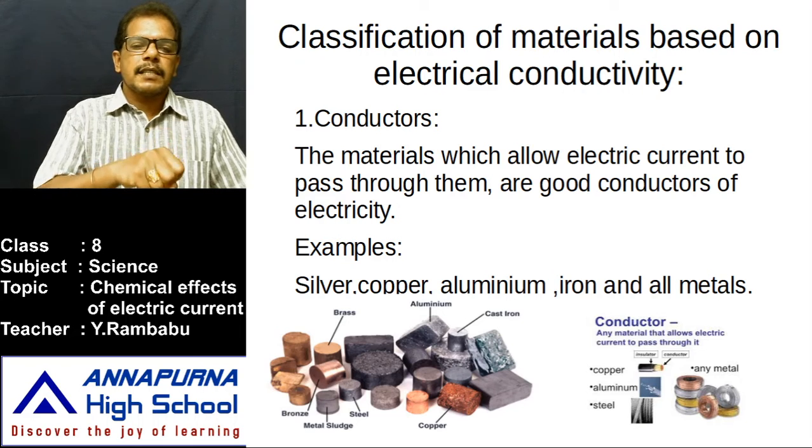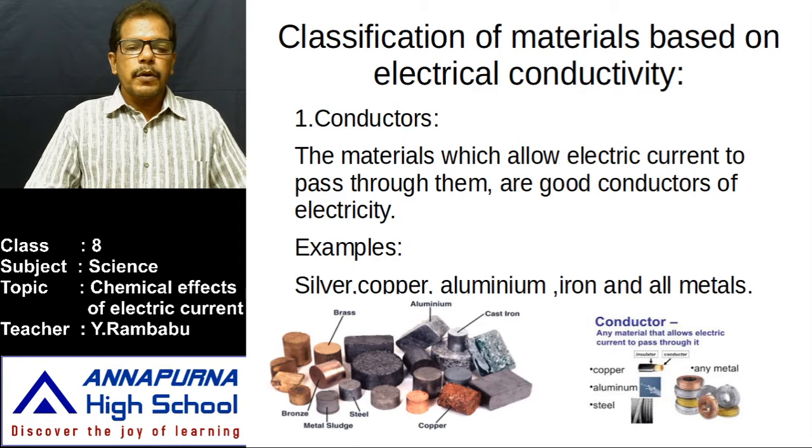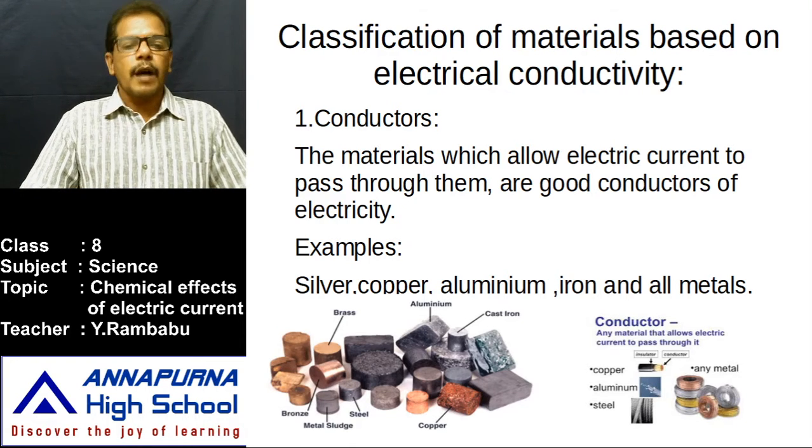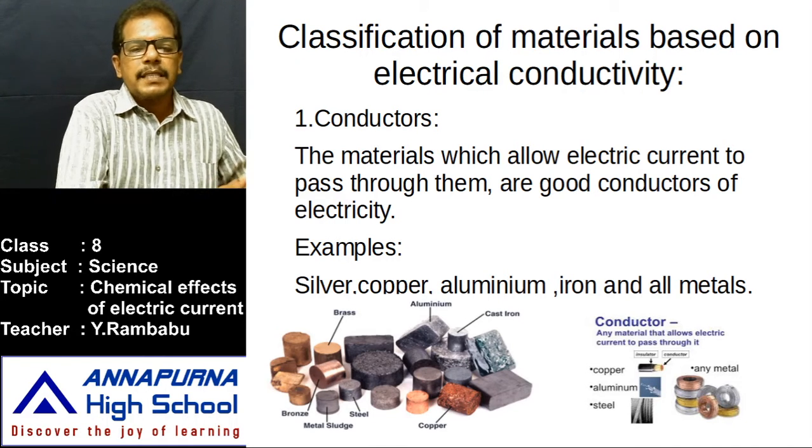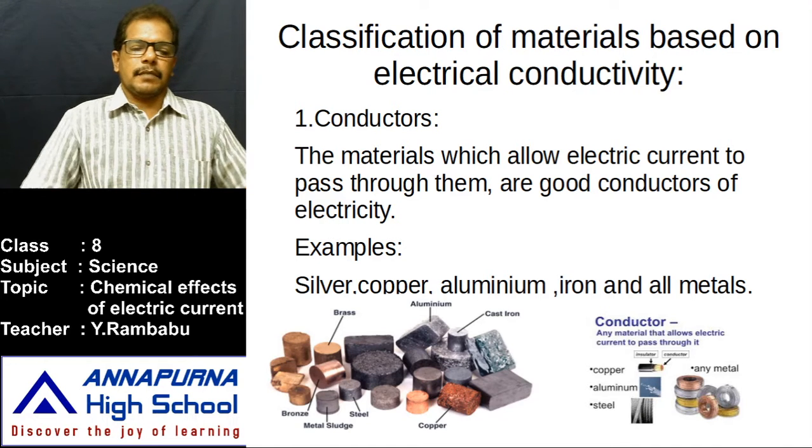These gaseous substances act as conductors. For example, during lightning, as we have already learned, the charge is transferred from cloud to earth through the air. Actually, air at normal pressure acts as a bad conductor.